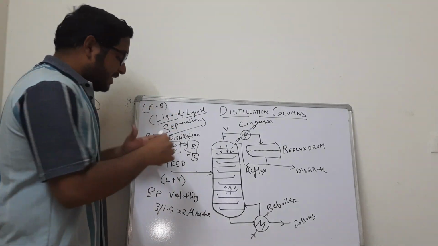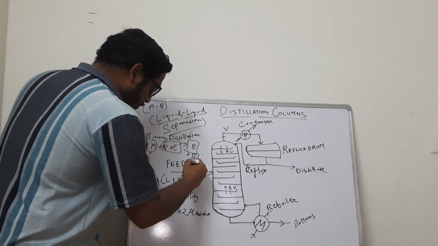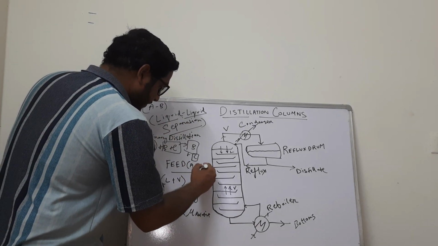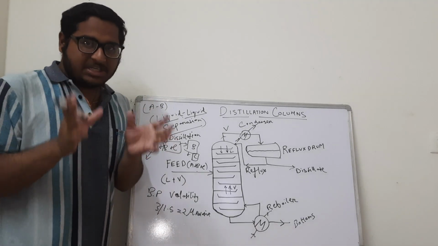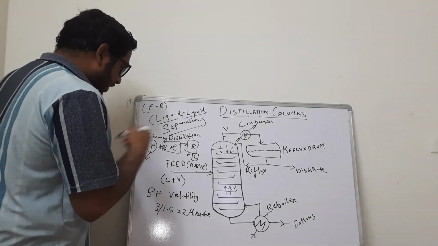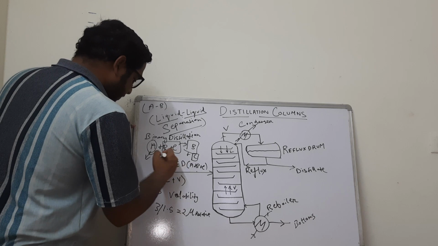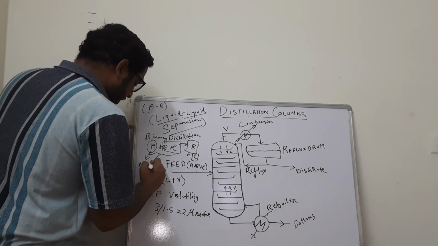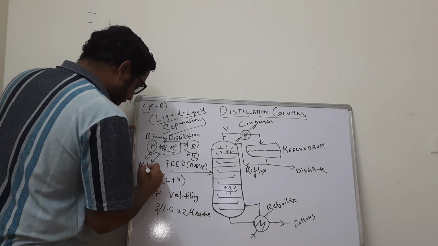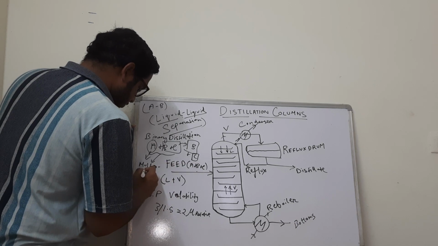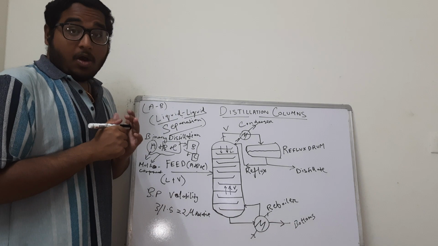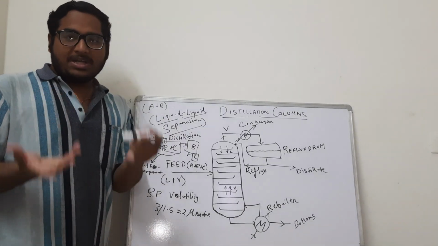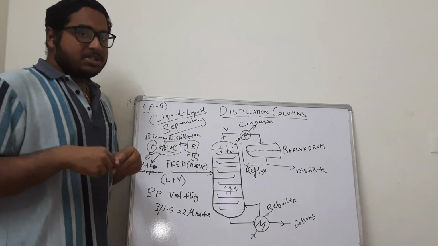So my feed basically will have a mixture of components, A plus B plus C plus D, depending on whether it's a binary distillation, that is two component distillation, A plus B only, or it is multi-component distillation, like in this case A plus B plus C. It is a multi-component distillation. The treatment of the design of these distillation columns, the multi-component distillation column and the binary distillation column, are